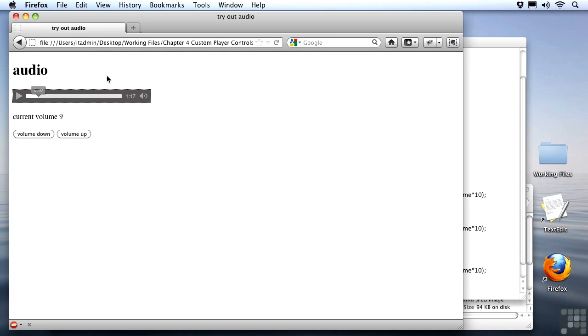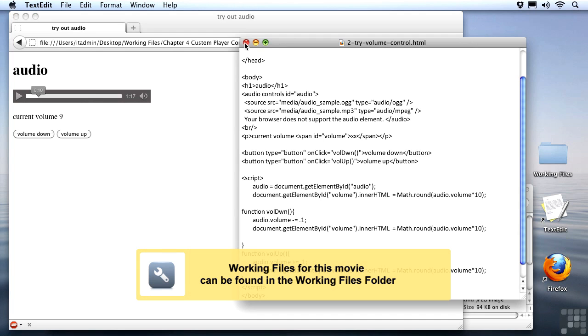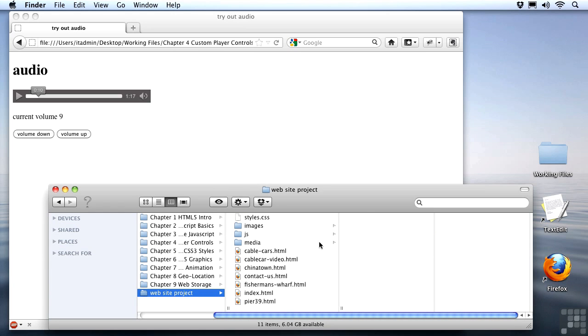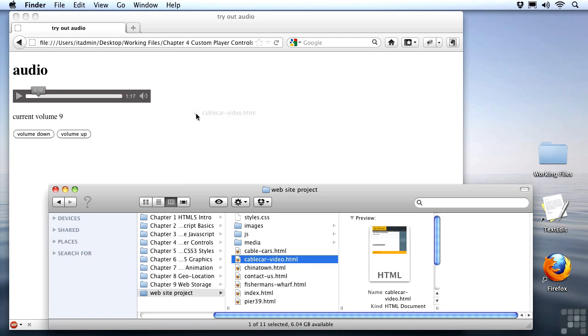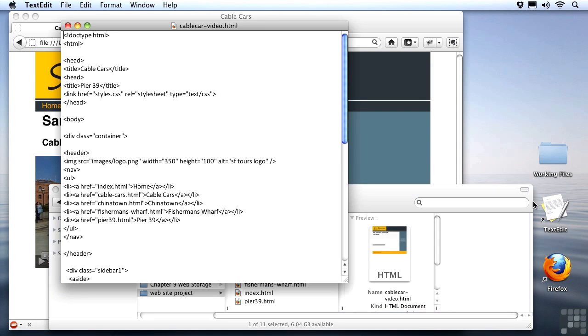Well, now it's time again for our lab, so let's go out to our website project and we'll see what we can add to it. I'll go ahead and close up the files we've been working on, and I'll go to our website project folder. And what I'm going to do is open up the cable car video, and we'll make some modifications to this page. Of course, we'll open it in the browser, and we'll open it in our text application so we can